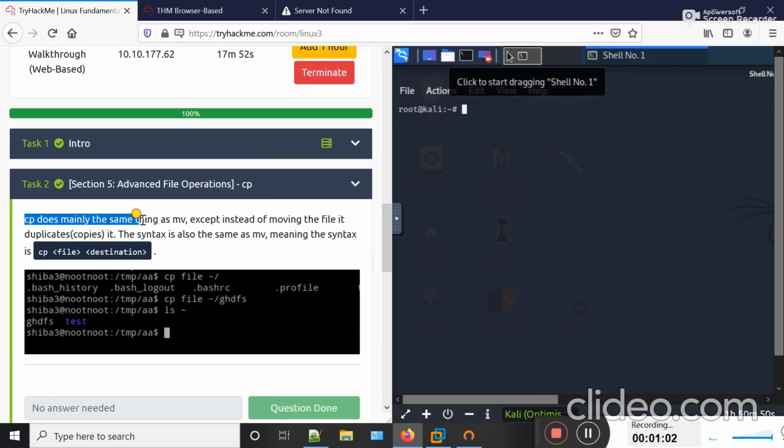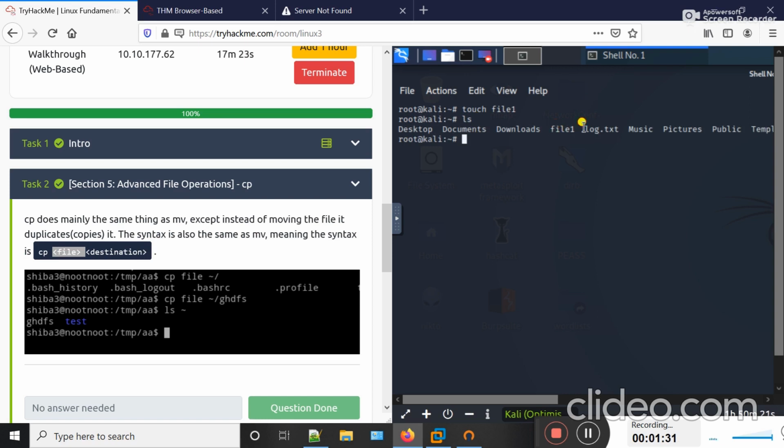Okay, in Task 2, here is the cp command. cp does mainly the same thing as the mv move command, except instead of moving the file, it duplicates, copies it. The syntax of the cp command is: cp, then the name of the file and then the destination. So let's do it practically. If I create a file by using the touch command, touch file1, and hit enter, you can see that file1 is created.